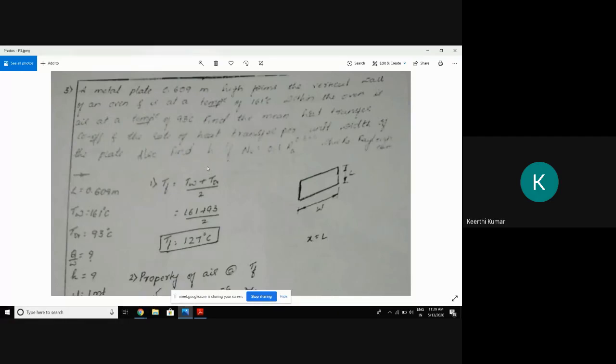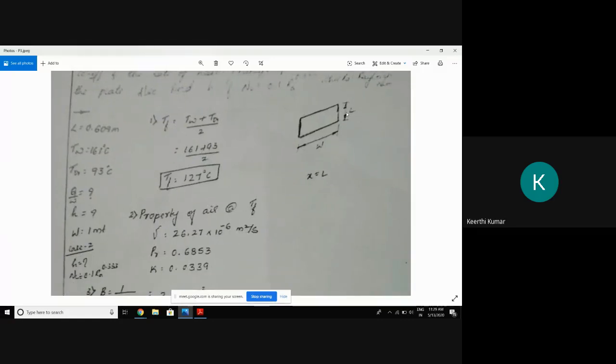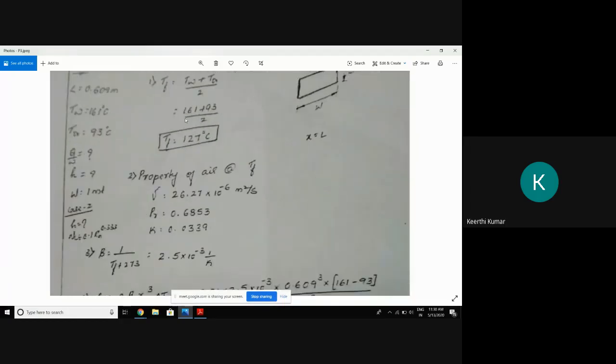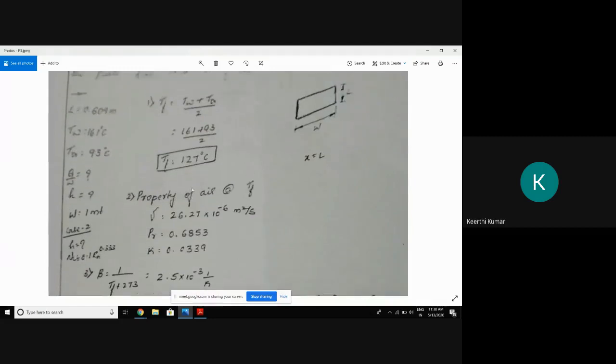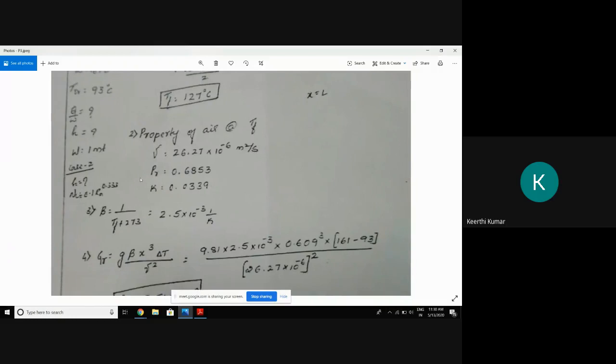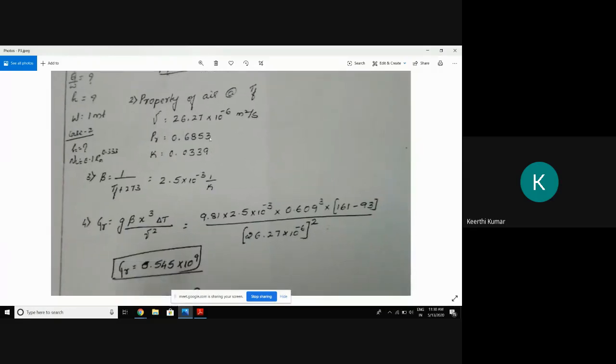So considering the first case, first you arrange the plate like this. So what is the x value? x is equal to the length he has taken. TF is equal to (TW plus T infinity) by 2, there is no change in this. So based on the T film, I am not taking the help of characteristic length here. Can you tell why we have not taken characteristic length? Because the plate is not circular, it is rectangular in shape, we can directly do it. So take the properties once at TF. What is the fluid? The fluid is air, so these properties are taken with respect to air.